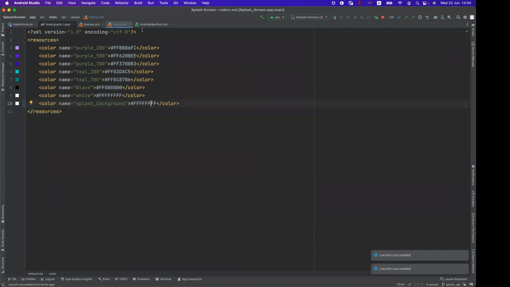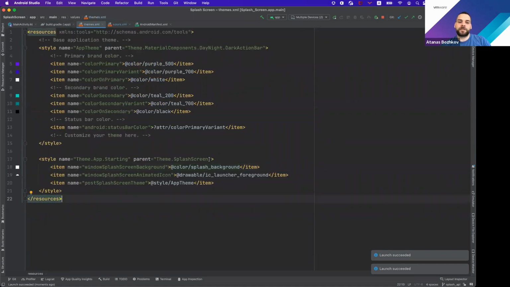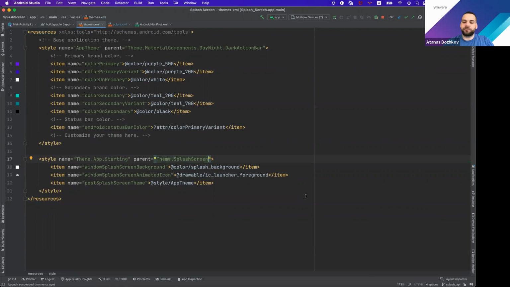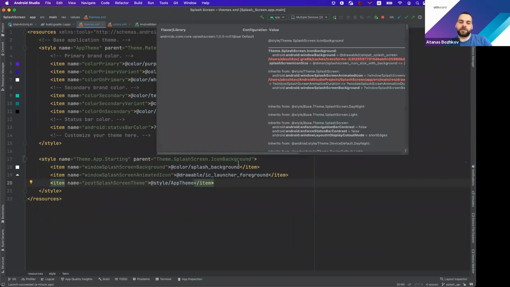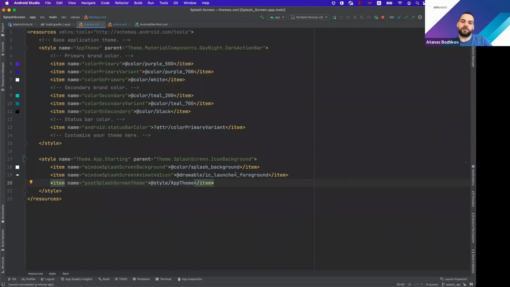So that's why in the API we have this functionality to add an icon background. Something very similar, that is basically the background for icons. When we have an icon, there is the background, basically the adaptive circle, and the foreground, which is the icon itself. So if we add this one, then we can have a new attribute, which is called